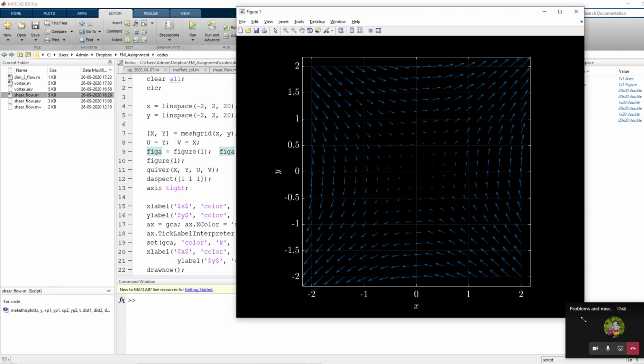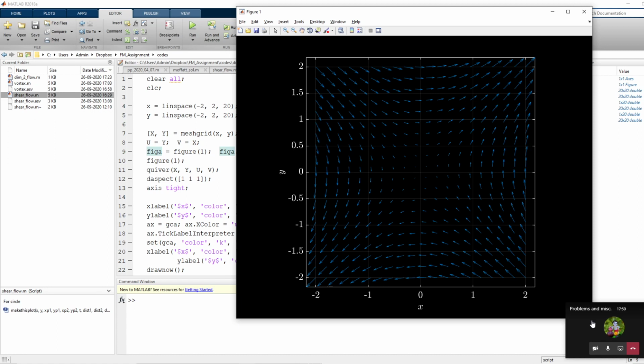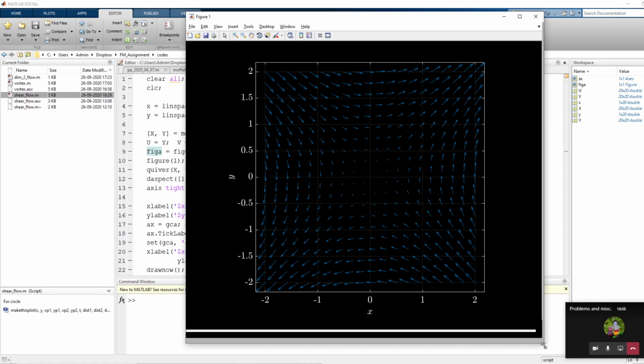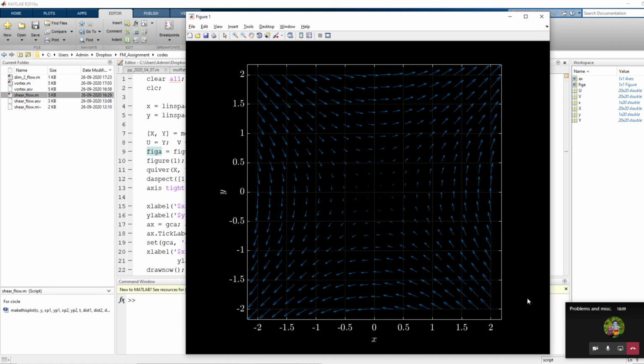Okay, so we now have a pretty looking figure, and anyone who has watched YouTube, especially the channel called 3 Blue 1 Brown, I don't know if anyone is aware of that. So this is the aesthetics that that person is looking for. So there you go. Now you know how to do that kind of aesthetic plot. So what can you tell from this particular plot? What is the inference of this? If you just look at the arrows, can you tell me what you can understand by just looking at the arrows?